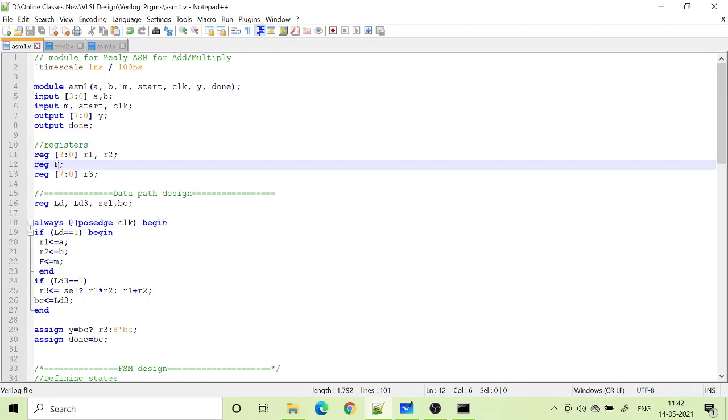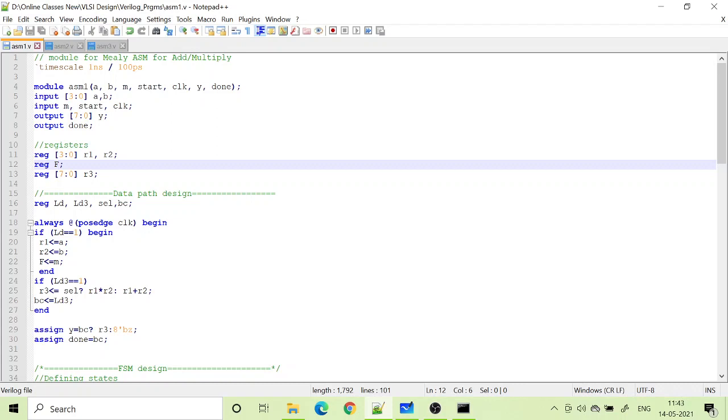If selection input is 1, load the product of R1 and R2 content. If select input is 0, then load R1 plus R2 into R3. So R3 is the output register into which one of this will be loaded, that is either the product or the sum. So which one should be loaded is determined by a select control signal.